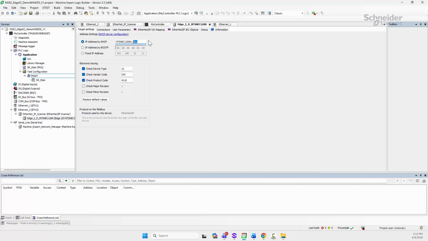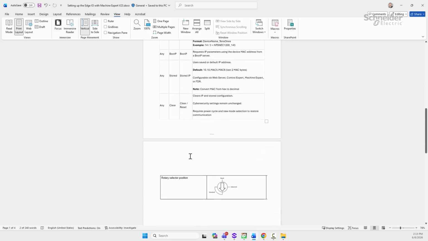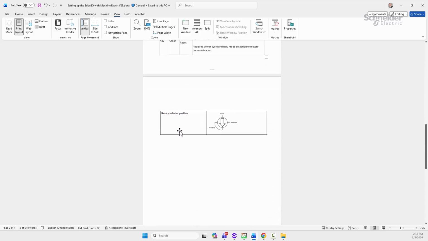version 2.3. The other thing is, let's say this unit had credentials and you don't know what they were. You can reset that to factory default, right? The way you do that is there's another rotary switch on the back of the NIM module, and you would set it to reset,